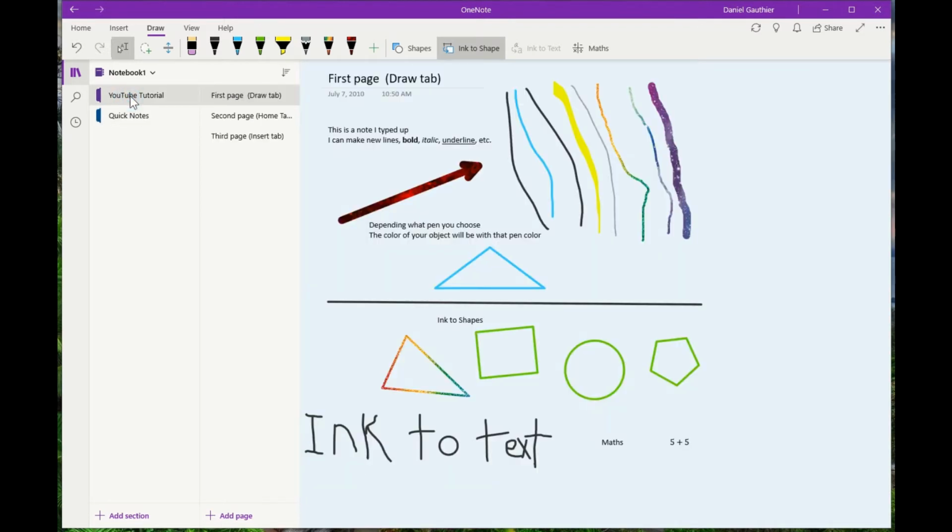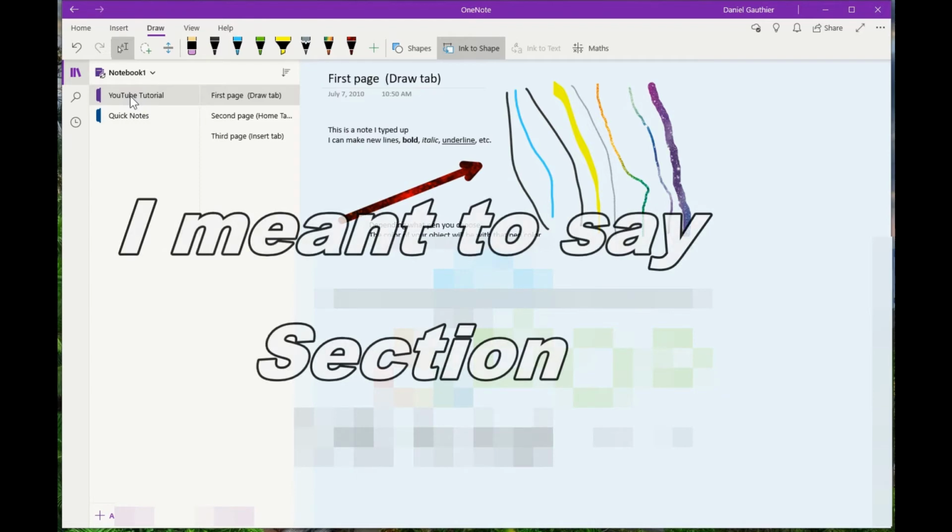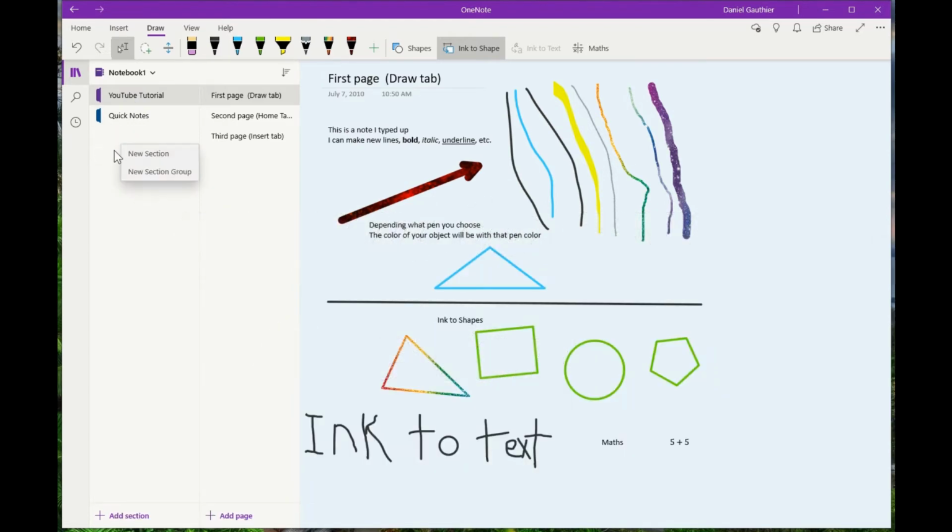But I created another tab here, or page. If we actually right click down here, it shows you can create a new section or a section group. So these are the different sections under the notebook.